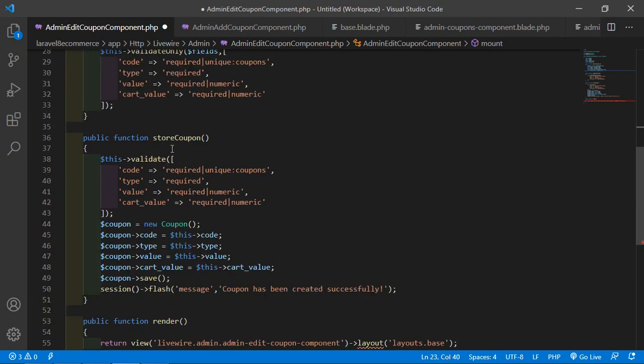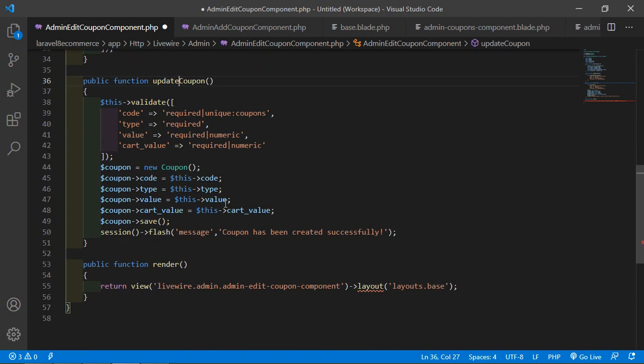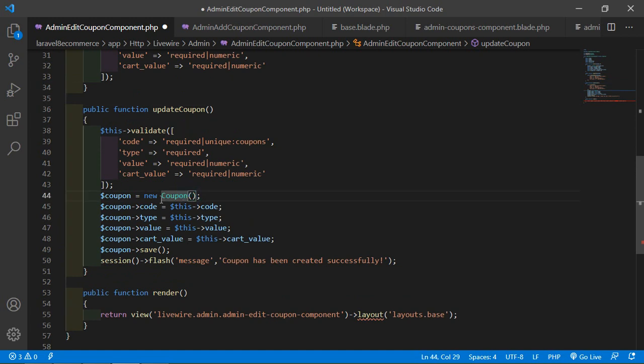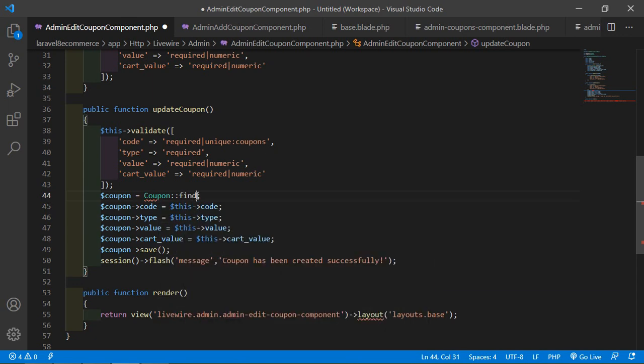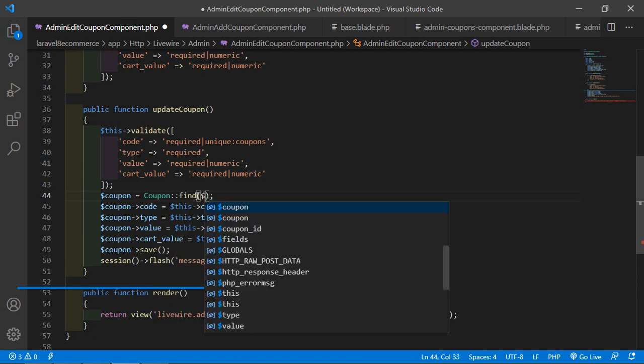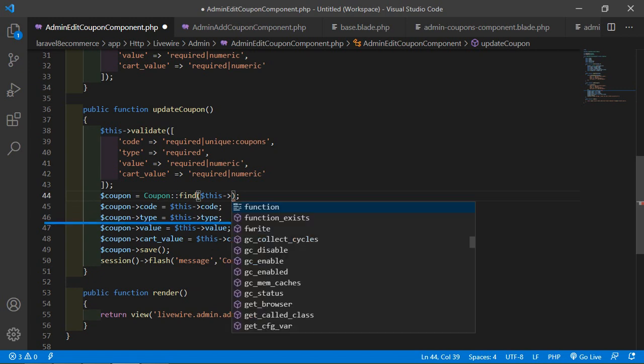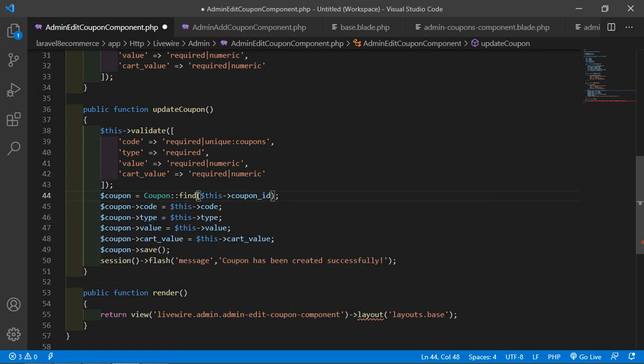okay, and inside this function let's change the function name. So write here update coupon. All right, and here remove this and add the model name Coupon::find, and inside this just pass $this->coupon_id.